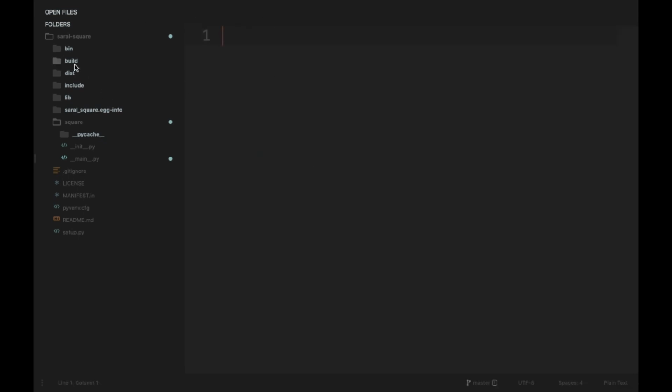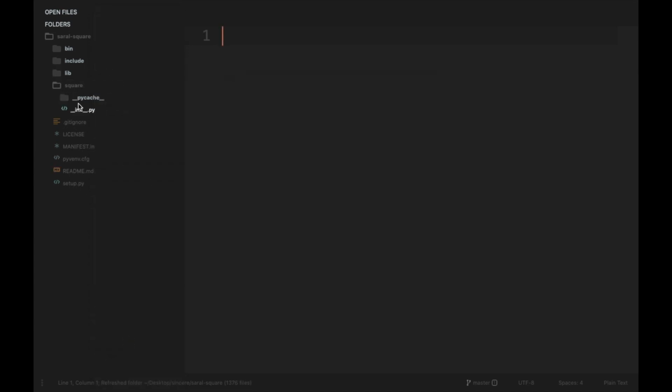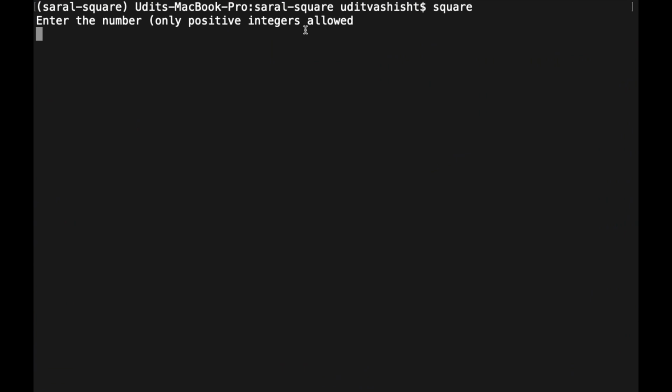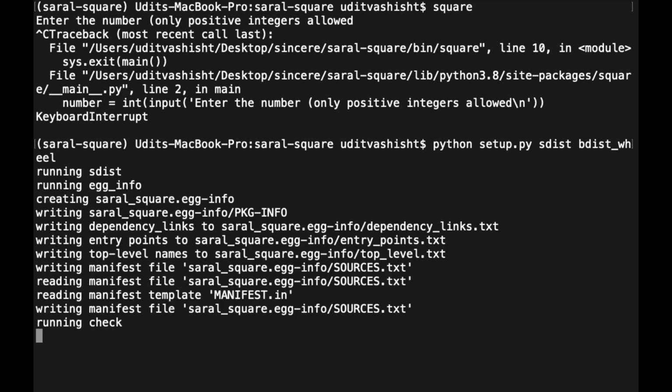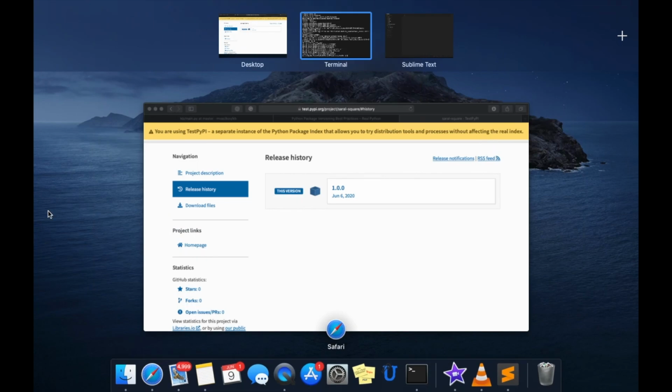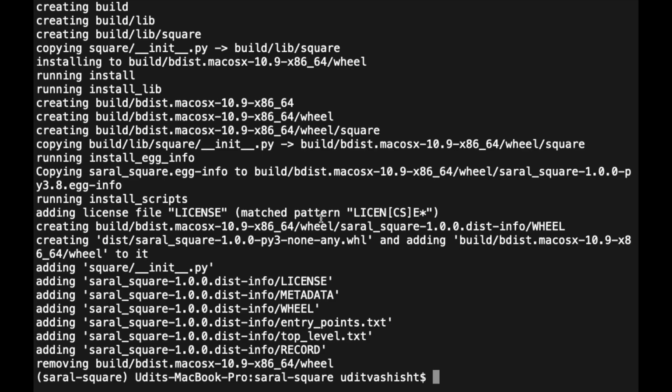So now we will be deleting our old distribution and build files. So now we have deleted the distribution files. We will move back to the terminal, close the module, and here we will be doing python setup.py sdist bdist_wheel. So now it has created the new distribution files, and now we will publish it to the test PyPI using twine upload